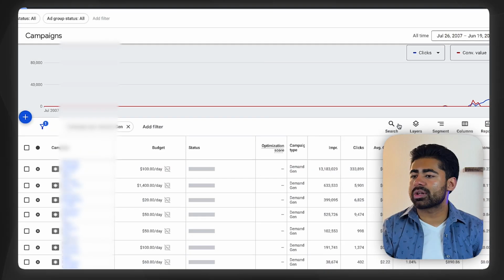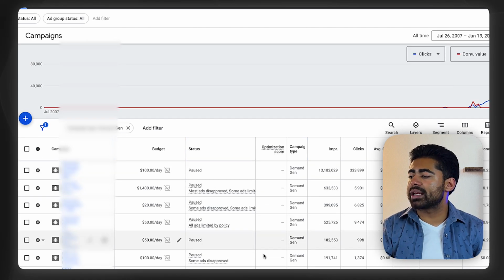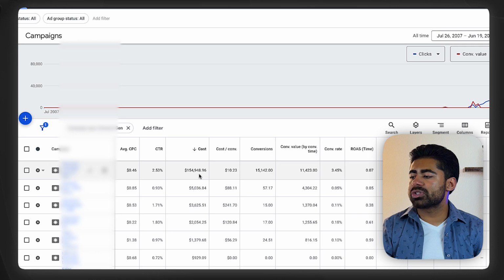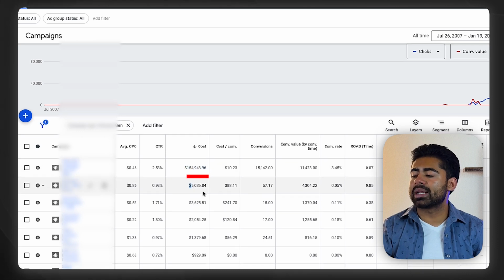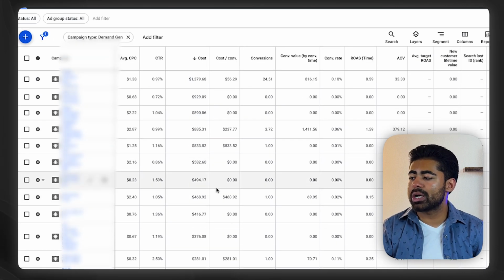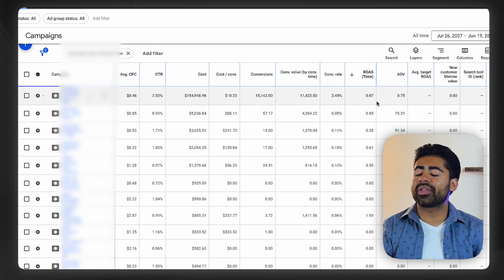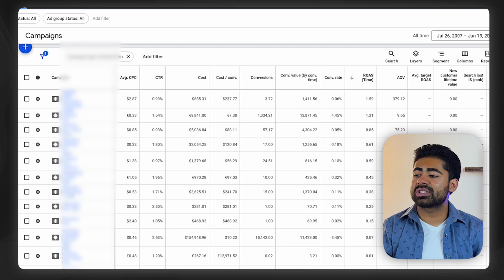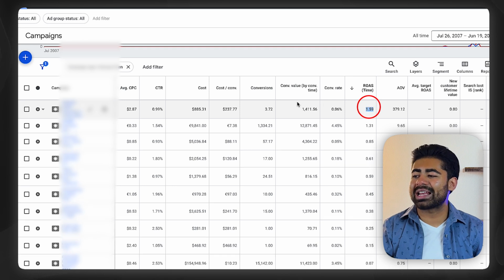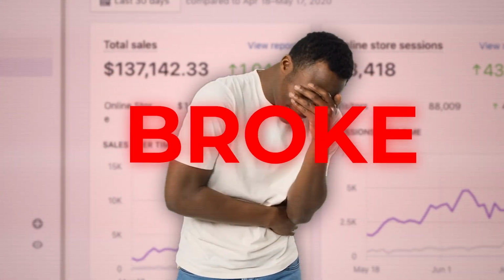And if we just look at some of the results right here of running demand gen campaigns for these brands, we can see overall we have been able to spend a decent amount of money throughout these demand gen campaigns, discovery campaigns, etc. But overall, the return on ad spend, the profitability has never been there. The highest profitability for one of these demand gen campaigns was a 1.59x. That was at an $800 ad spend level. So technically, these campaigns were never really introduced to make you as an e-commerce brand any type of money,